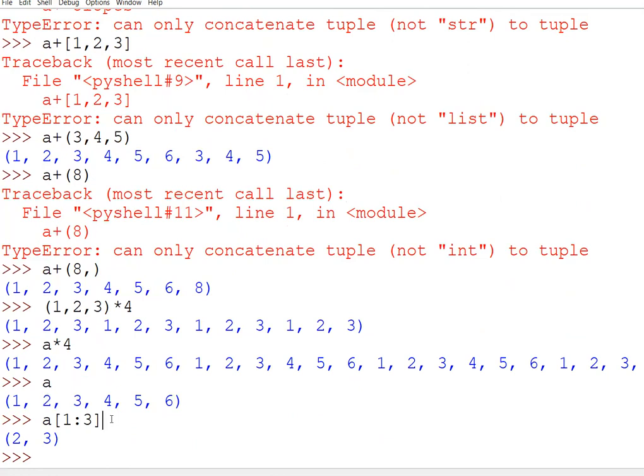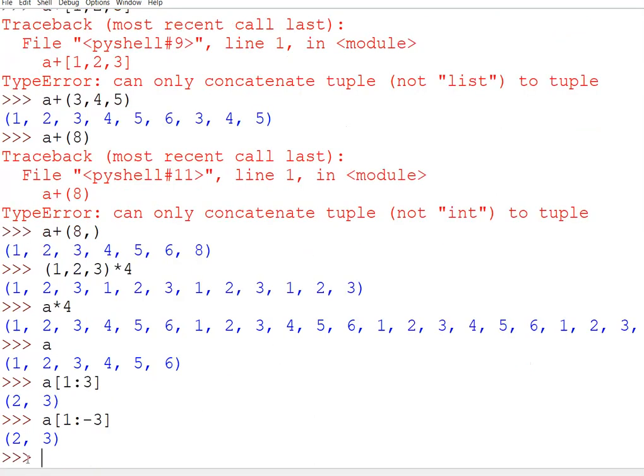Then suppose if I write 1 and -3, what will be the answer? Ma'am, 2, 3, 4. See, -3 is given. This is -1, -2 and -3. -3 is excluded, so only these values you can use.